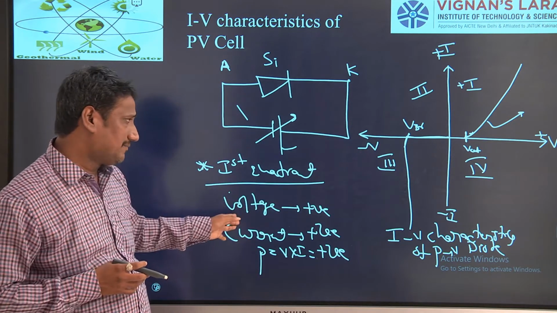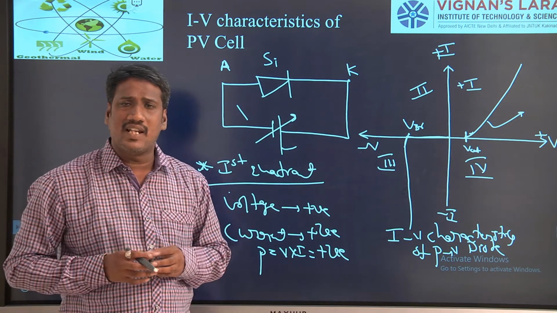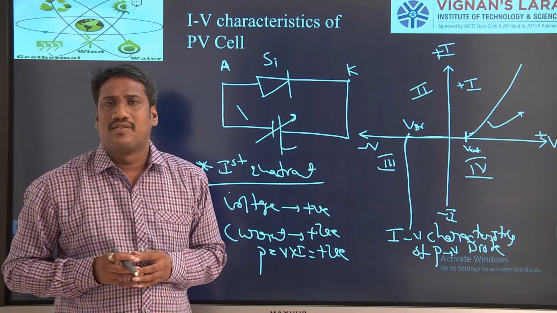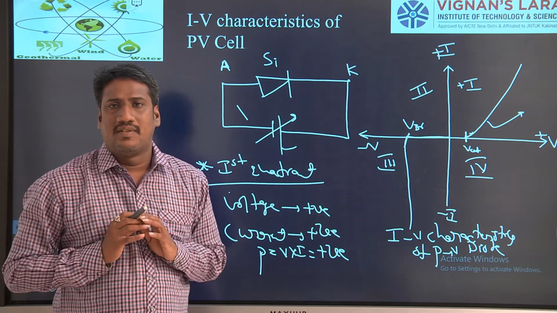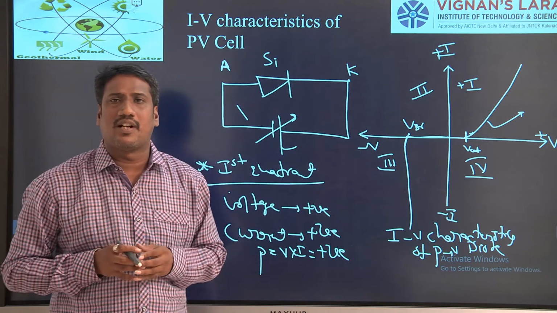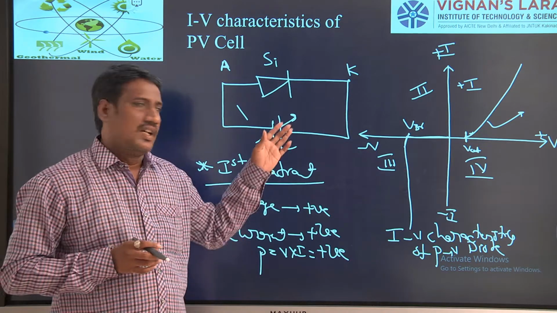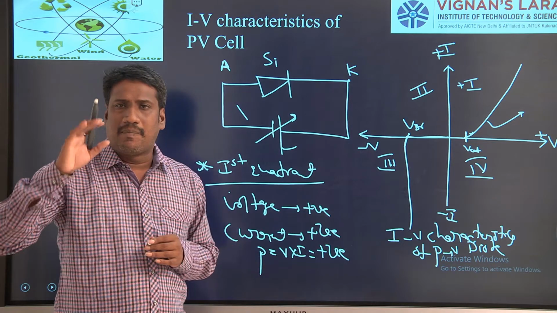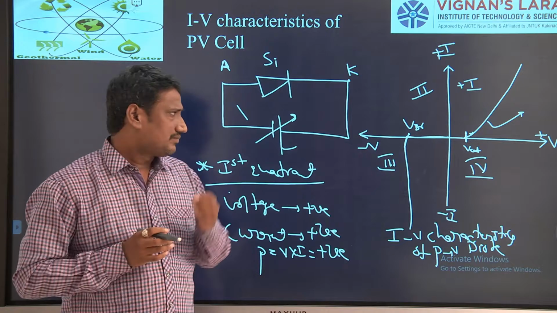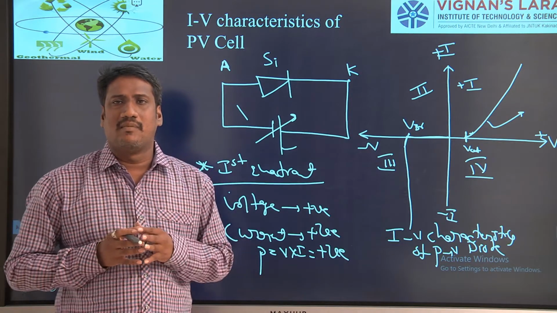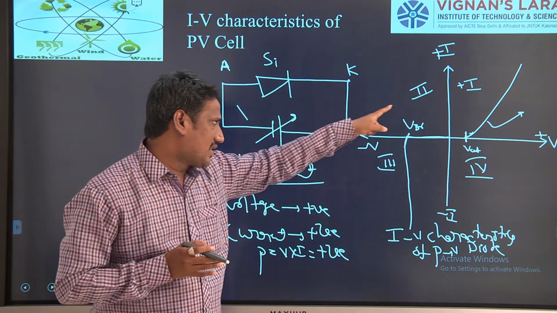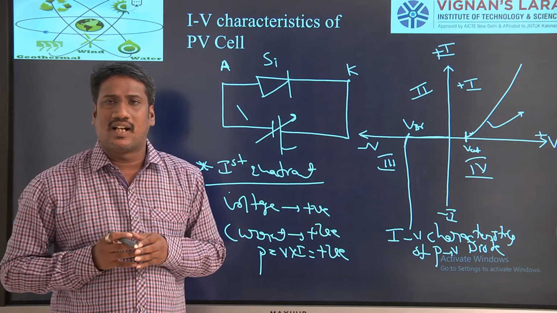Because already you can observe here, the diode is a power consuming device which operates in the first quadrant. If we calculate, the power will be positive, P is equal to V into I. Whereas, from the diode characteristics we are going to obtain the characteristics of the PV cell. So here the PV cell is a power generator, whereas the diode characteristics are in the first quadrant.